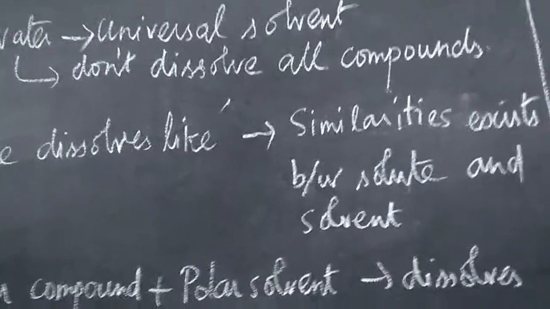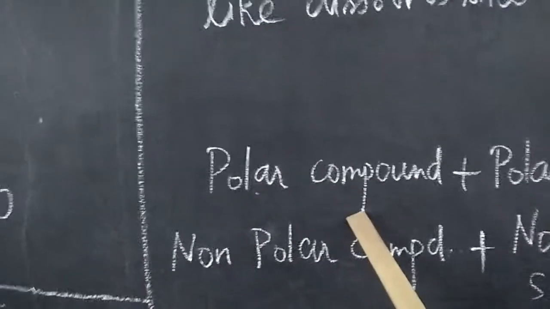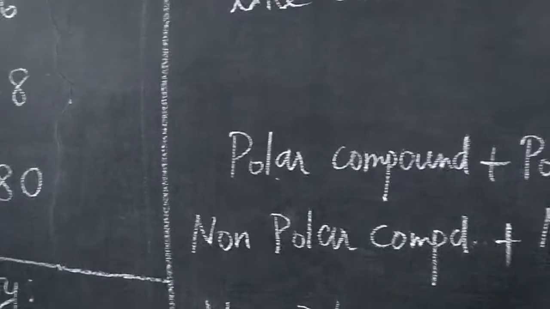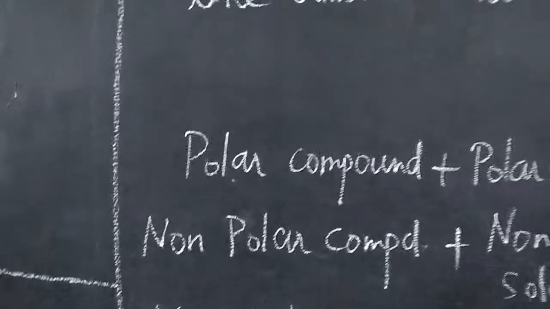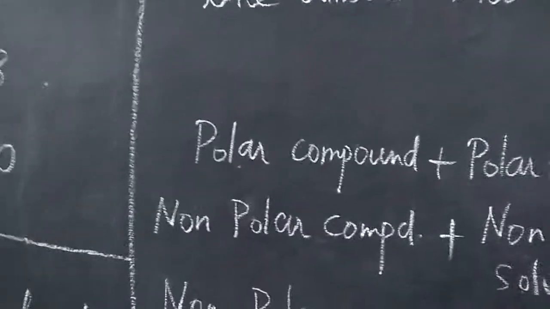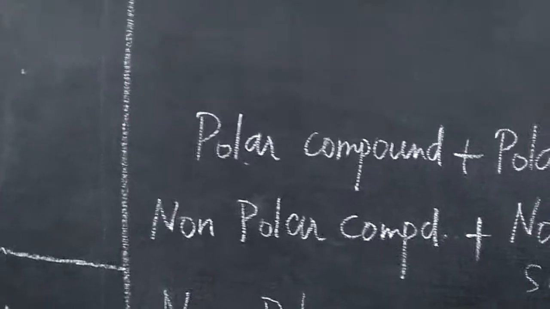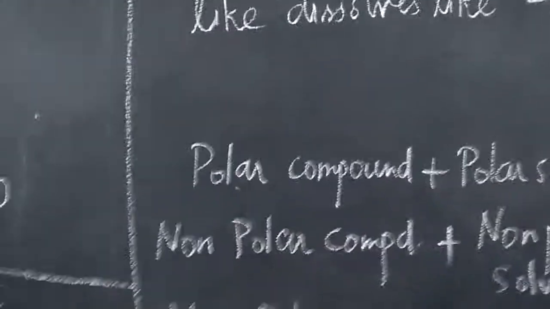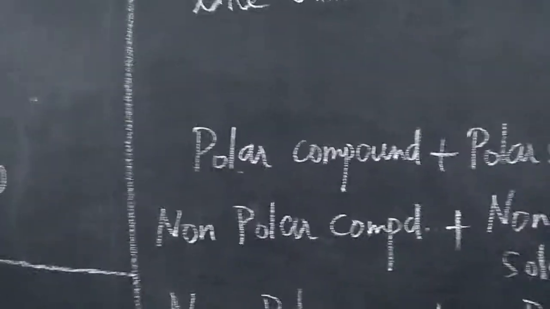For example, we have polar compounds and non-polar compounds. A polar compound, in the sense, is a solute that has charged particles, charged groups. Non-polar means they don't have charged groups. The charged group in the sense a positive ion and a negative ion will be present in a polar compound. Example, sodium chloride, Na plus and Cl minus will be present. A non-polar compound does not have a charged group. Fats are examples. Many organic compounds are examples of non-polar compounds.